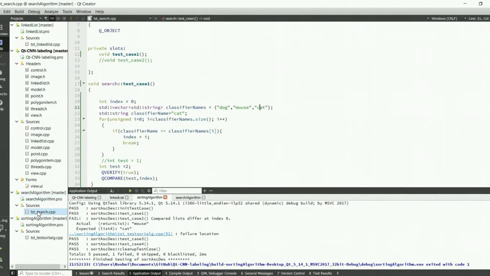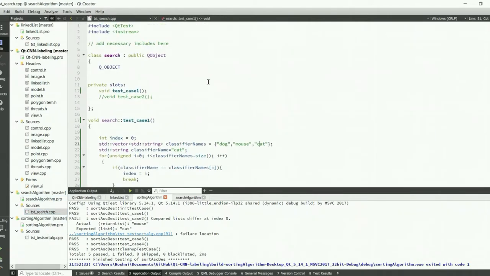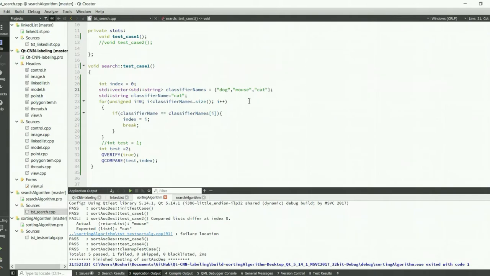Moving on to the searching algorithm. This is a linear search. It's for classifier names again. Here are the classifier names: dog, mouse, and cat, and I want to find the cat. The search checks the indexes one by one to find index number 2, which is the cat, as it goes from 0, 1, and 2. It says what the outcome should be, which index, so number 2, which is cat. And if I run this,